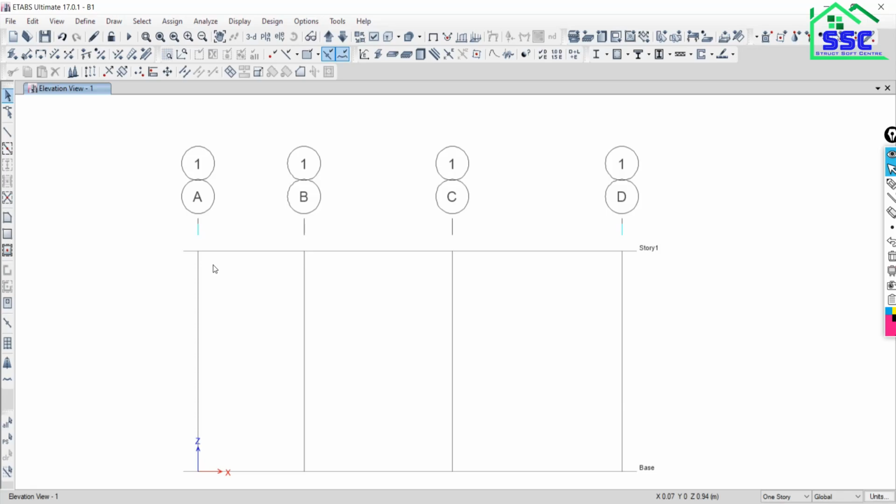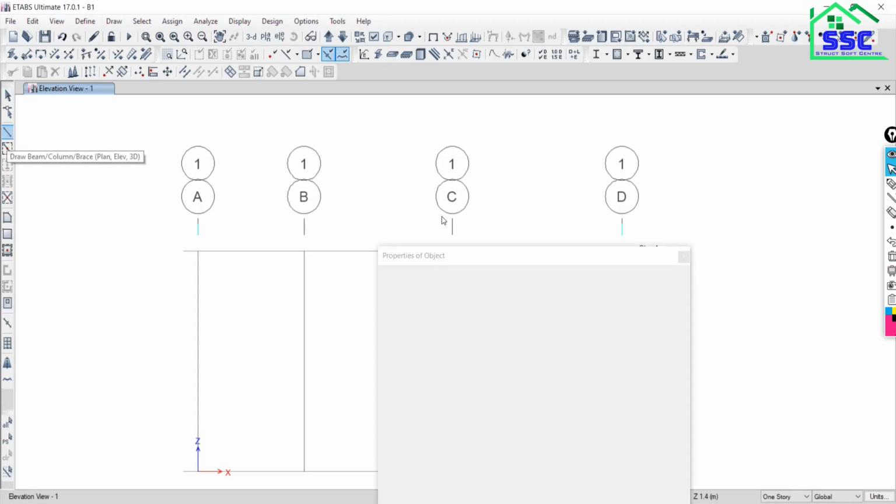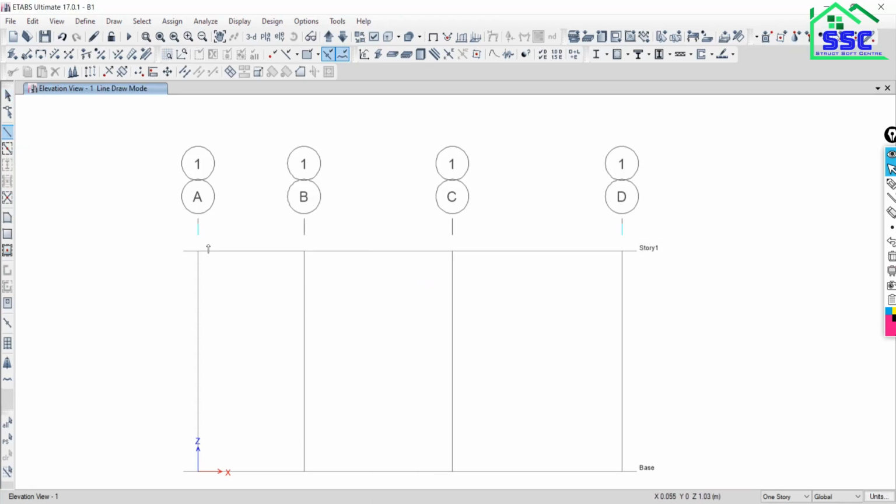Got it? Then what we have to do now is model the entire beam completely. So go to beam, and from the first point freely move to the last point. Right click on it so that the beam will be modeled.